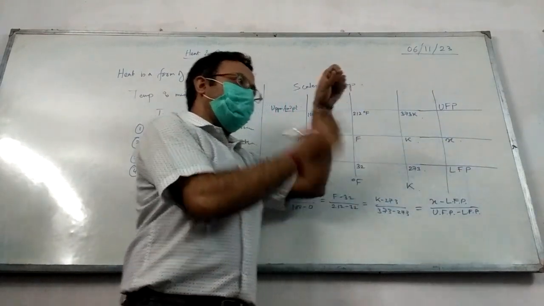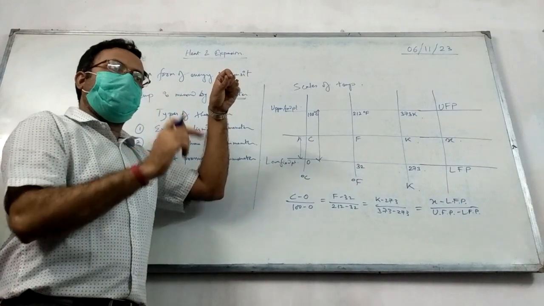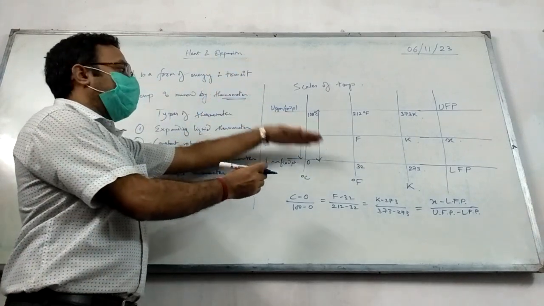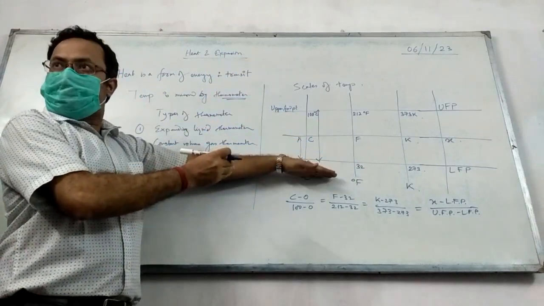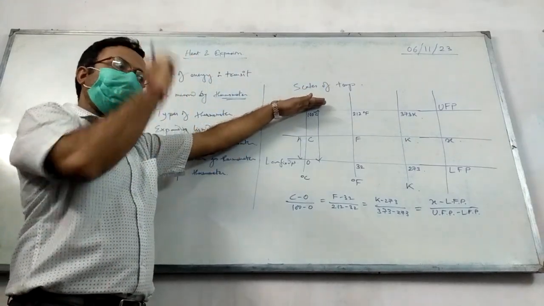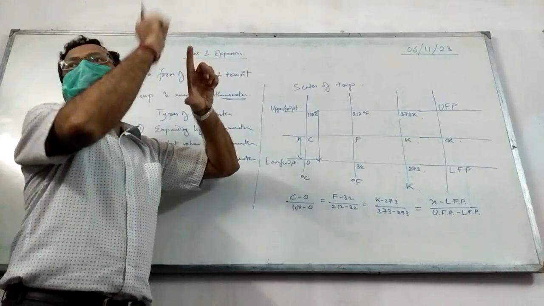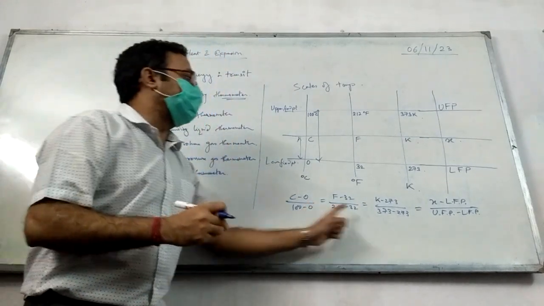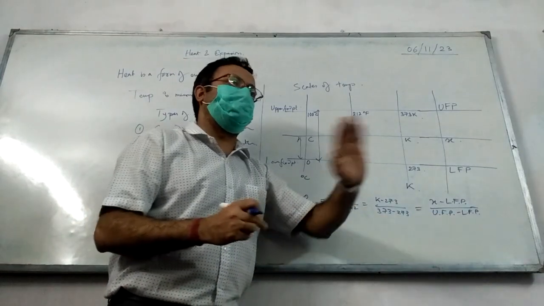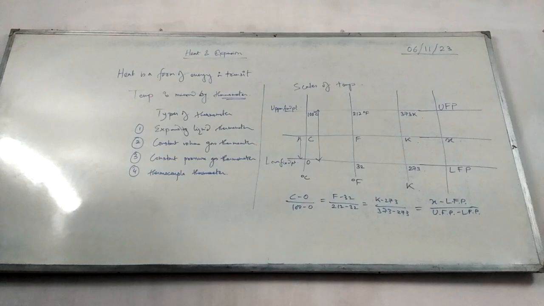Meaning any thermometer in which the graduations, the readings, the markings are not given, you can take it to 0 degrees Celsius, again you can bring it to 100 degrees Celsius and see the marking over there, and after that you can calibrate the whole thermometer in terms of any scale. Is that clear? We can calibrate a thermometer like this.